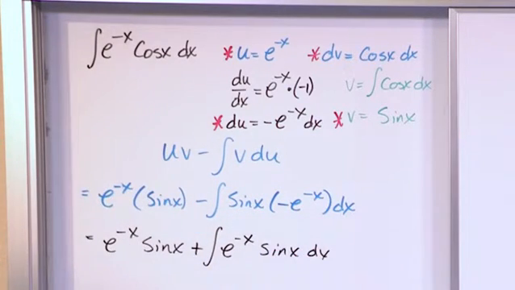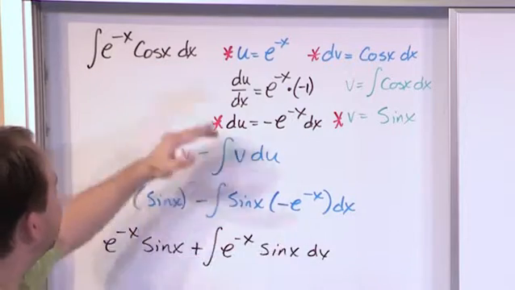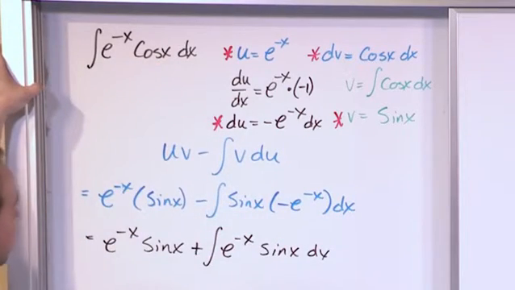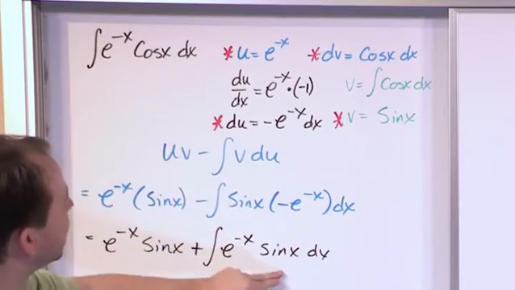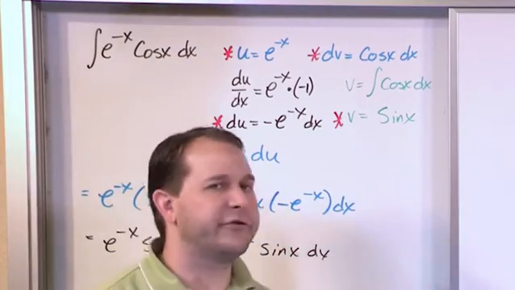So what we have is e to the minus x sine of x plus this integral, and we ask ourselves, is this integral simpler than what we got the first time? Comparing from here to here, I honestly cannot tell you that it's any simpler, because we still have the e to the minus x, and instead of a cosine, we have a sine. So your first thought, if I didn't